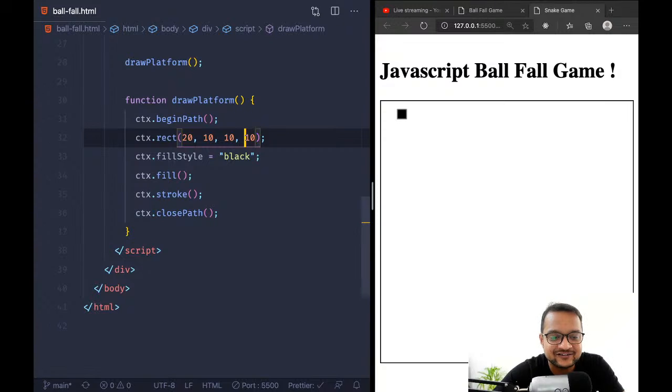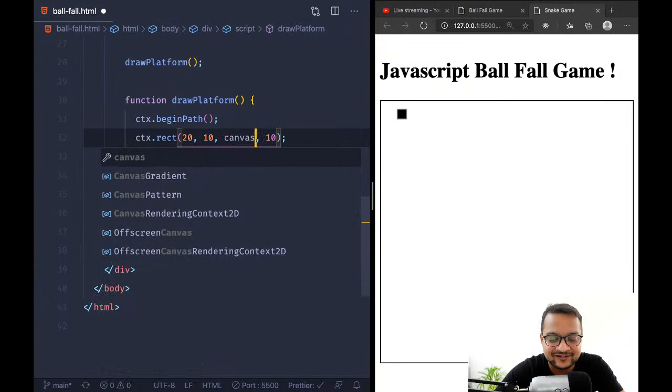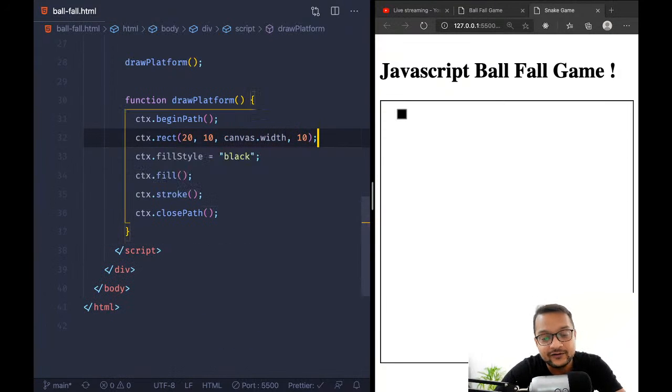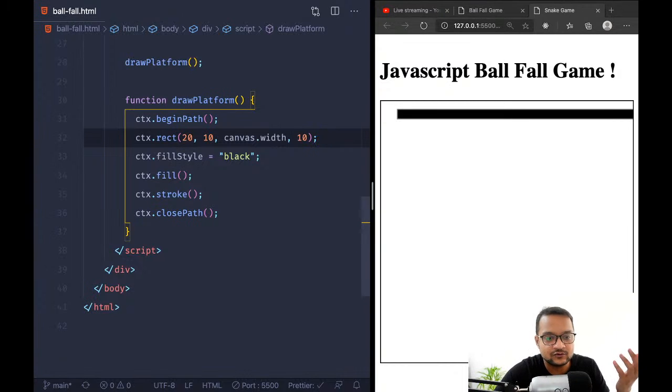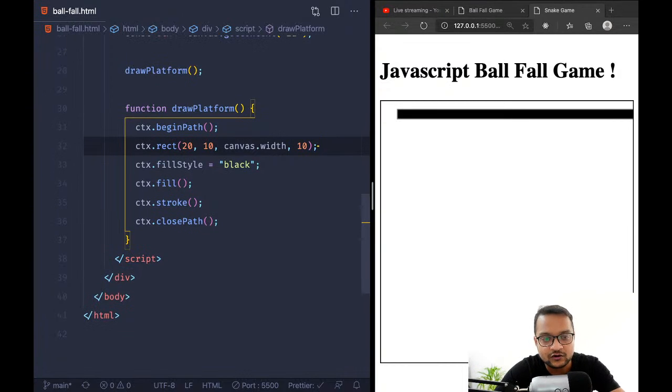Okay, thank you Ashish once again. So let's have a canvas dot width. I really didn't notice these things. I'm doing this for so long, and this is the benefit of live coding. I got to know today. I learned two things. One is going live, a simple HTML, and then you should have a filling part after